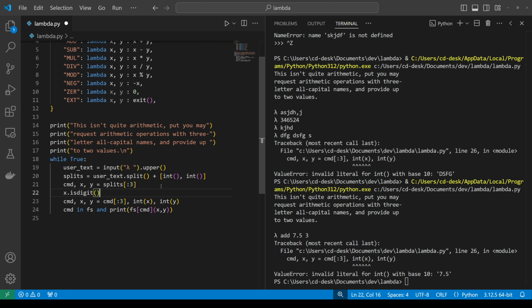I'm going to introduce something new. It's called the ternary operator, and it is an inline if statement. So what I'm going to do is say x equals int x if x is digit. I get a little squiggle here, and then otherwise it is going to be 0. What is this doing? Well,